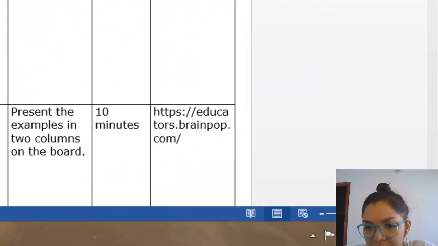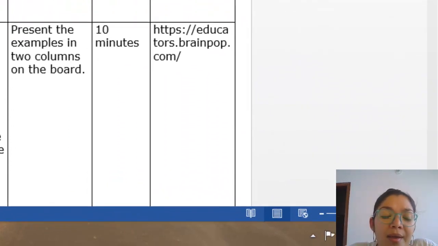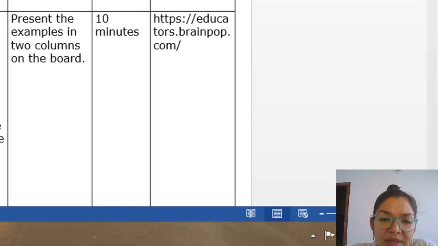Then we have the presentation. In the presentation, we introduce the present perfect tense, which contains a subject, a form of have, and a past participle. Then we explain that a verb in the present perfect tense describes an action that began in the past and is still happening now. Finally, let the students know that past participles can be used in sentences describing actions that have or haven't been